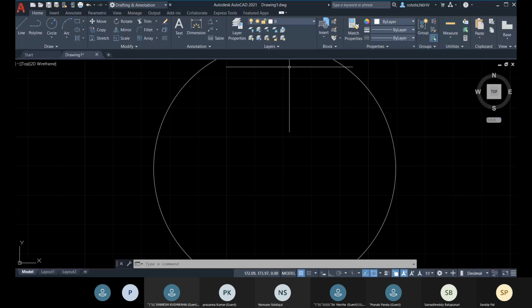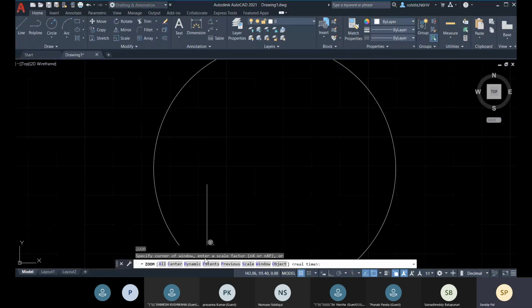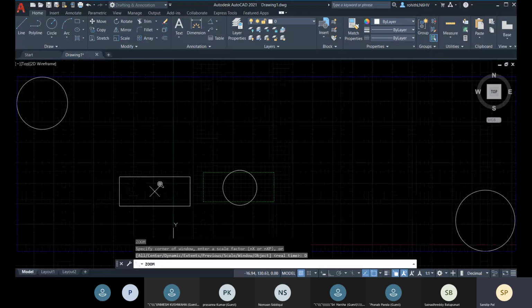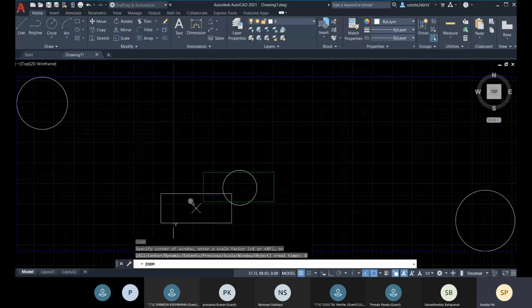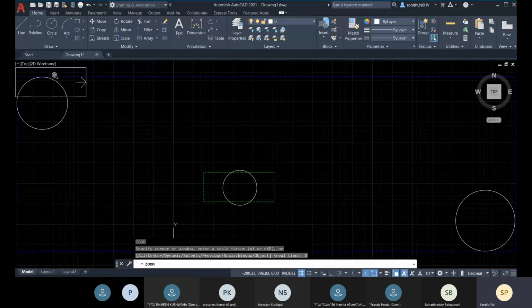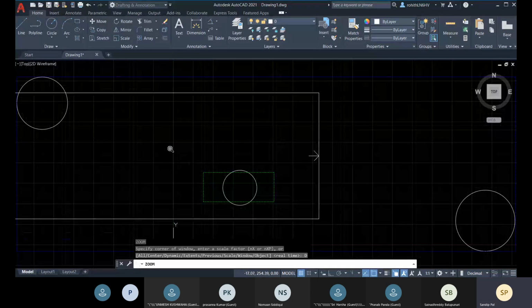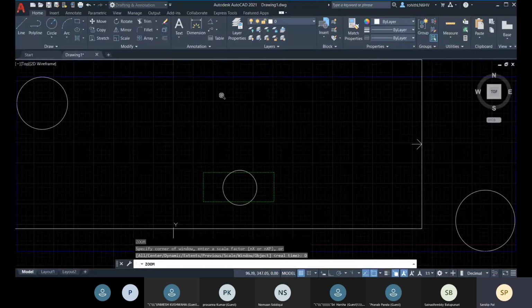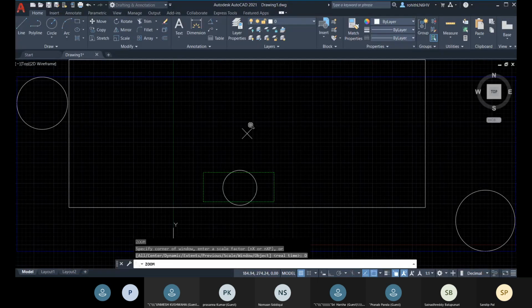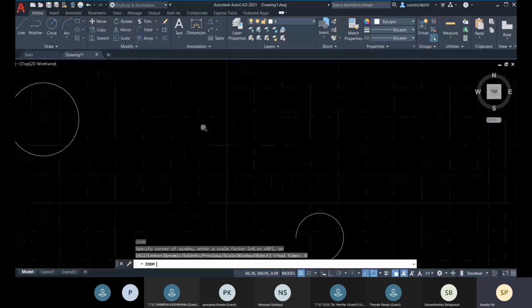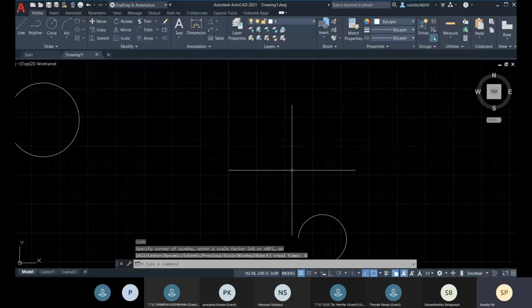Now let me go with this Z enter again and dynamic. This is not any particular value. You can go with any particular value like this, and press enter and that much area will be zoomed.